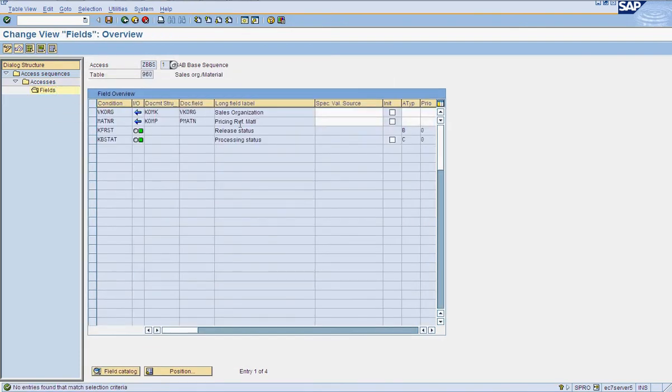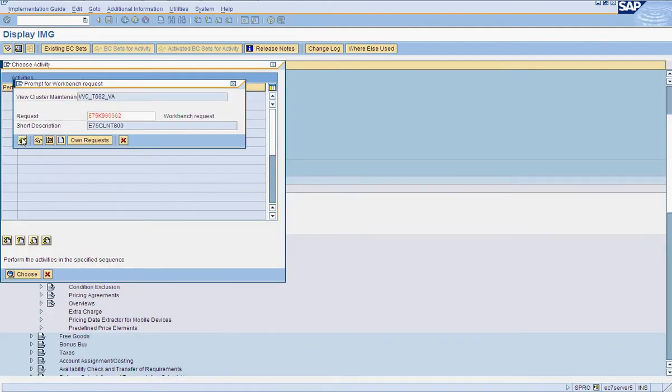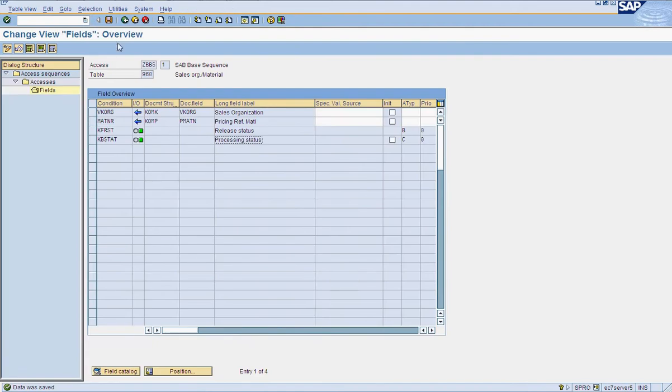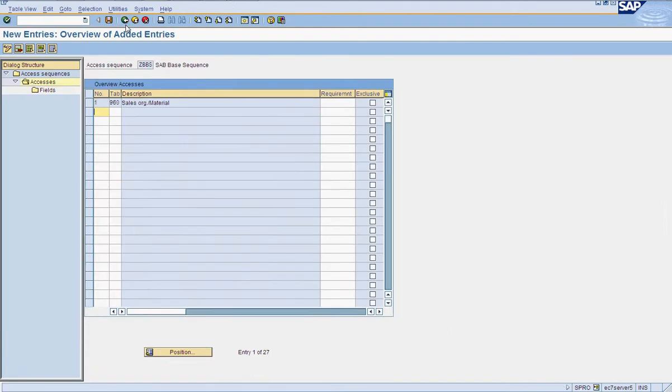Herein you can see that document fields have been assigned to this condition table fields. You can see release status and processing status as well. So just save that one. Let's come back. So this table has been created.